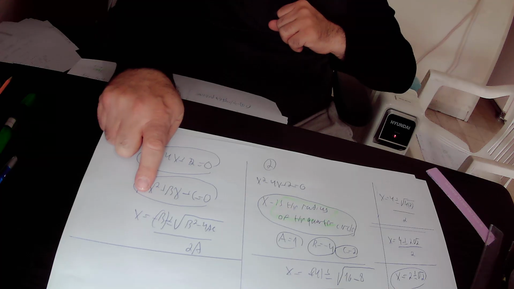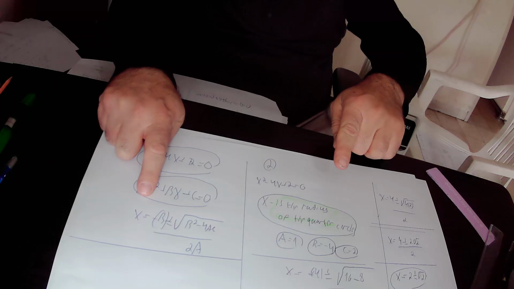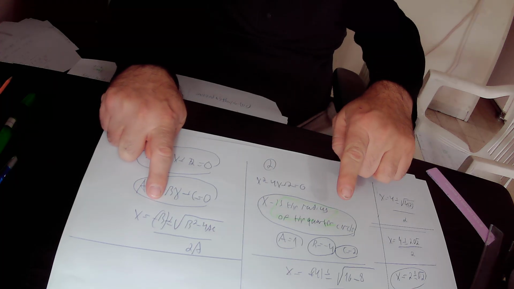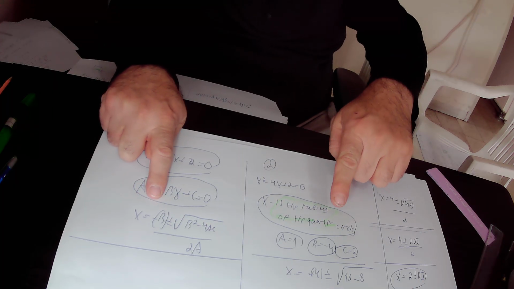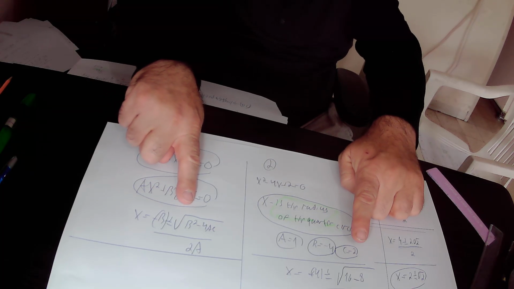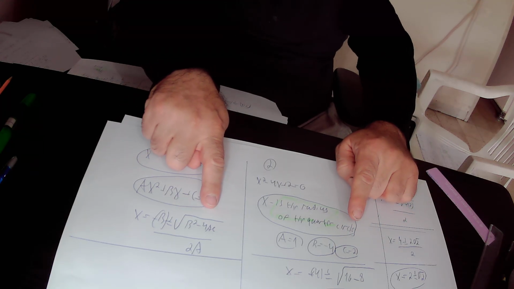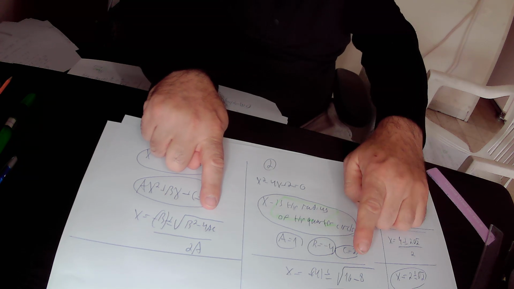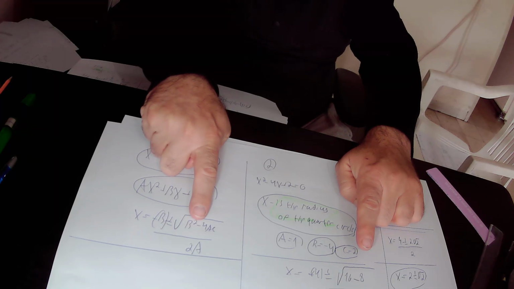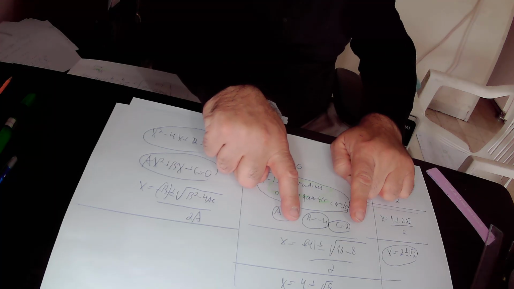might have two solutions. So we did it, and we found out that x equals minus b. B is minus 4, so minus b is plus 4, plus minus the square root of b squared. B is minus 4, therefore b squared is minus 4 squared, that is 16, minus 4 times a times c. So it is minus 4 times a. A is 1, so minus 4 times 1 is minus 4 times c. Minus 4 times c is minus 4 times 2, that is minus 8. Divided by 2a. A is 1, so 2a is 2 times 1, that is 2. So in total, we found out that x equals 4 plus minus